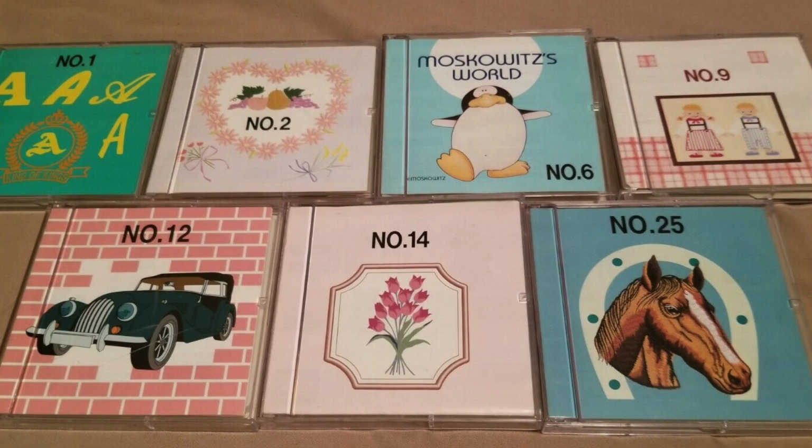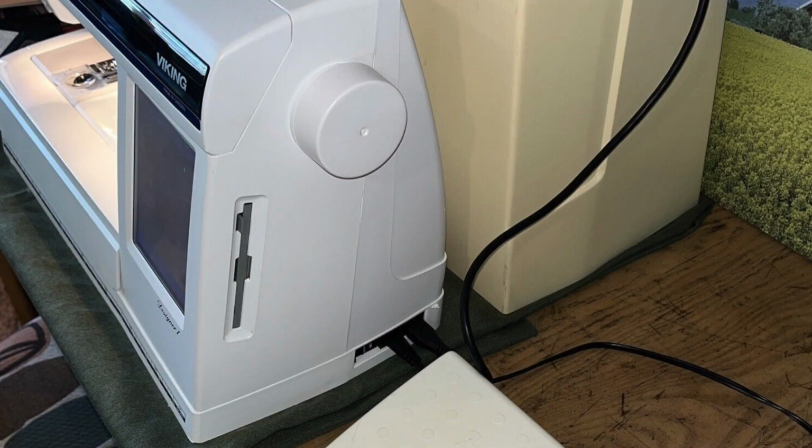Also on that machine is another thing with embroidery cards, or some of the machines with embroidery floppy disk design collections. Like the floppy disk went into the side of the machine. This is a time where you are finding your sewing machine manufacturers are not even supporting these machines anymore. So if you have a card or a floppy disk slot, this is also time to upgrade